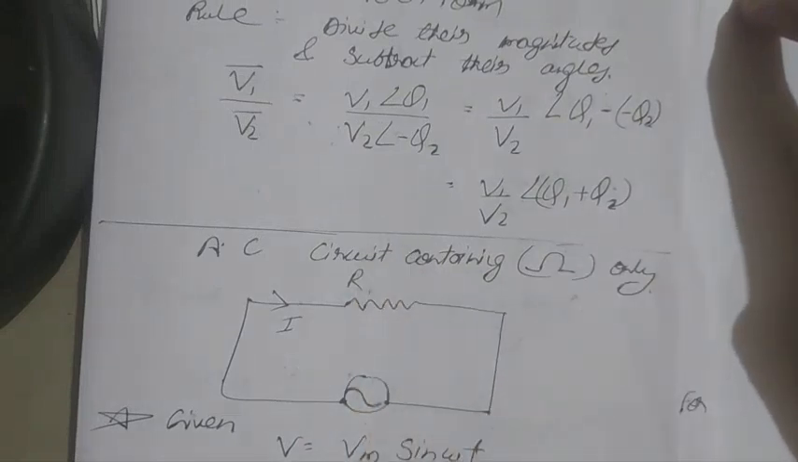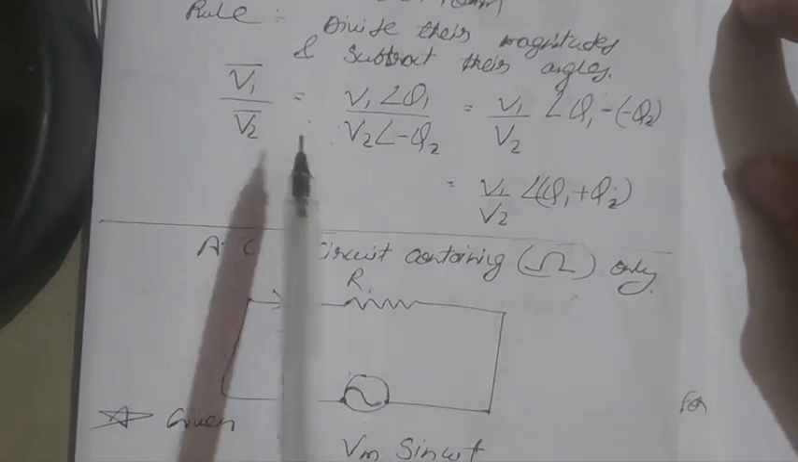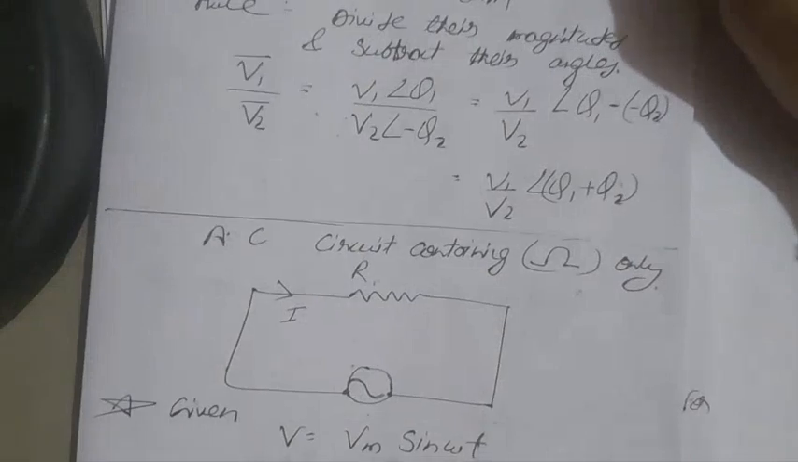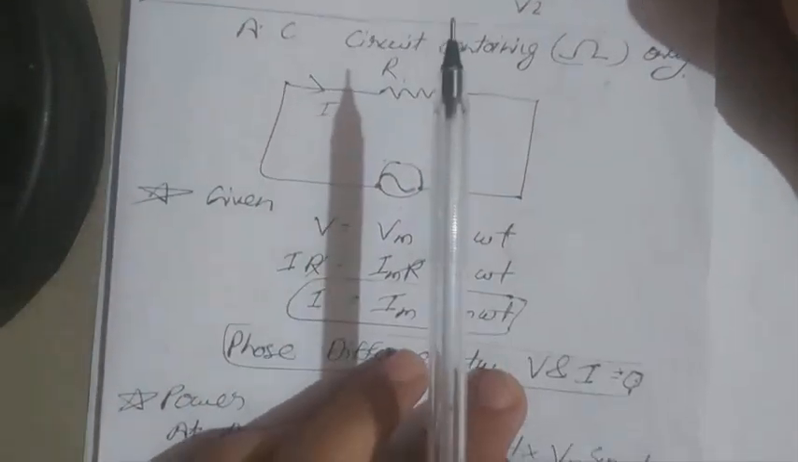एडिशन और सब्सट्रैक्शन के लिए रेक्टेंगुलर फॉर्म प्रेफर होता है और मल्टीप्लिकेशन और डिवीजन के लिए अपन पोलर फॉर्म को प्रेफर करते हैं. आफ्टर दैट